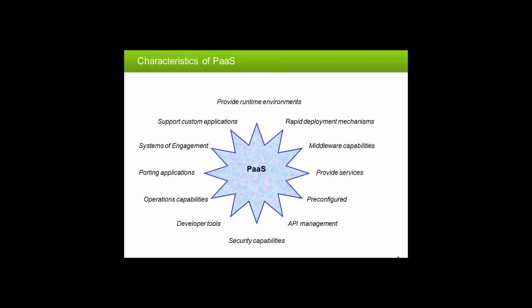Another feature of a PaaS environment is it will typically provide a whole range of services which will be used by your application. The whole idea here is that the services provide capabilities to your application that you then don't have to write as part of your application. It's about cutting down the amount of code you have to write, getting your application into production quicker than otherwise.